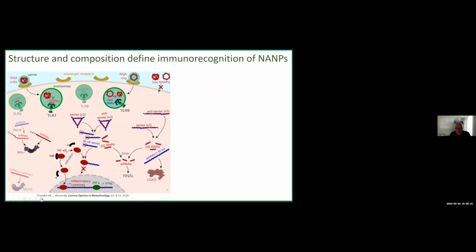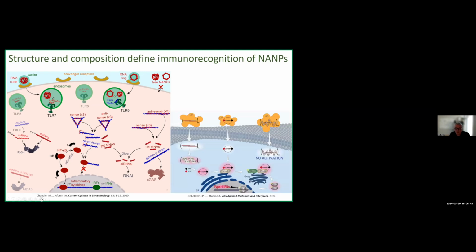So for a quick summary of what I just told you, we have identified several endosomal and cytosolic signaling pathways essential for immune recognition of our nucleic acid nanoparticles. Those pathways can be precisely targeted via tuning nucleic acid nanoparticle structure and composition. We also recently introduced a new approach that allows you to go from immunostimulatory to non-immunostimulatory nanoparticles through their passivation